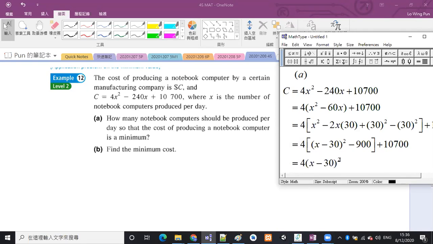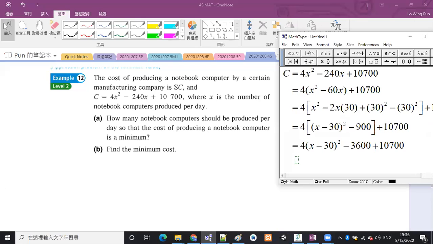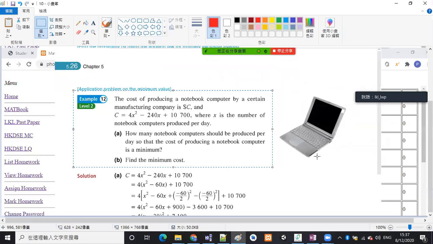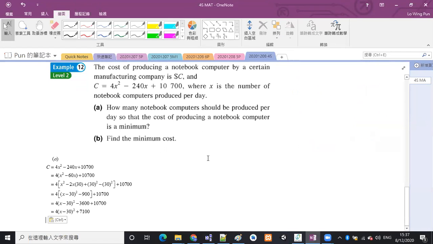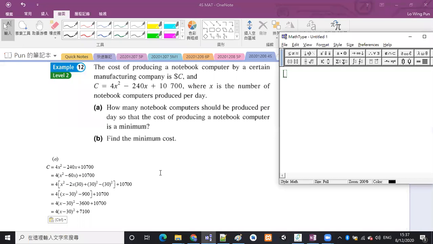And then it is 4 times x minus 30 squared minus 3600 plus this number, and it's like this. So C is equal to this, okay, and now the k value is equal to 7100, and because A is positive, the graph opens upwards, so it is a minimum point, okay. Therefore, we can write down the answer. Therefore, the minimum